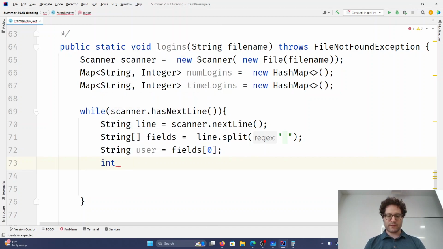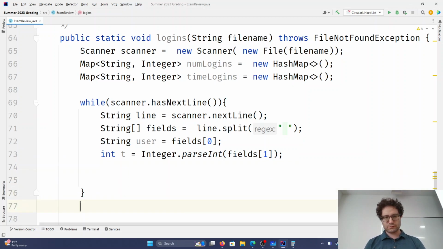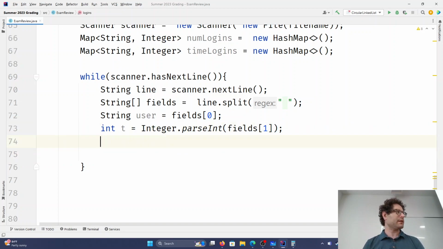int time is equal to, I'm just going to call it t. int t is equal to fields[1]. Except that that's a string, so we're going to need to do Integer.parseInt. Right? Okay. And now what we can do is, so we would normally do something like if